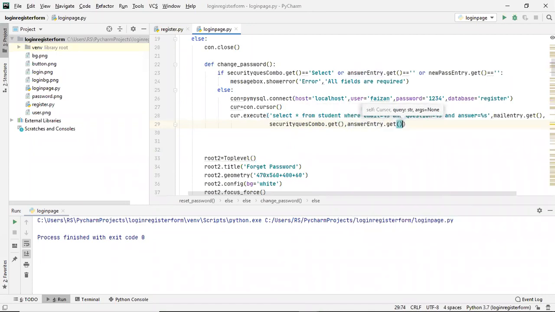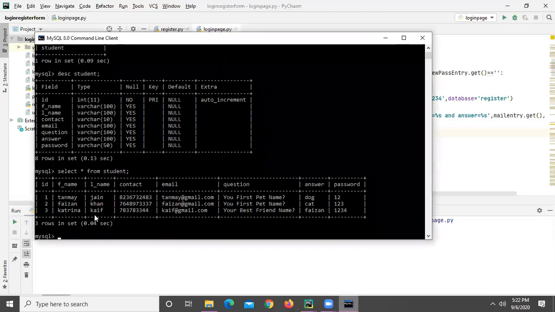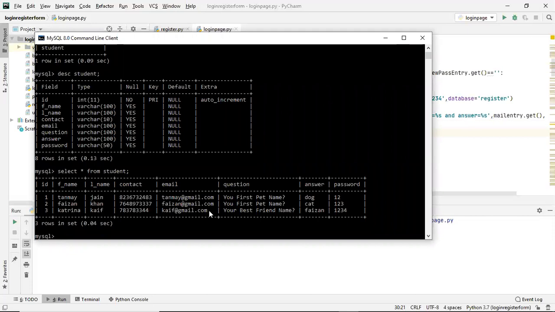What will happen here is that this will return a row from this student table, the row which has the email, the question and the answer which the user has entered. If I show you here in MySQL, if you are entering this email, this question and this answer, these three things, it will select all the rows in which these three values are the same.